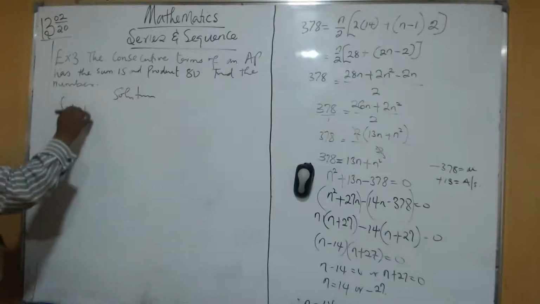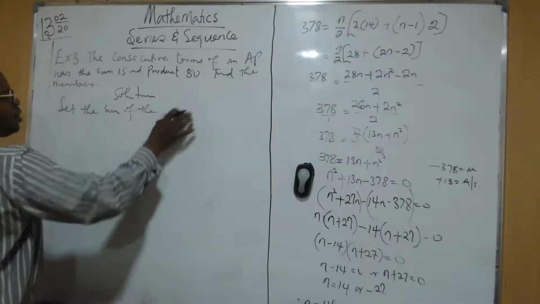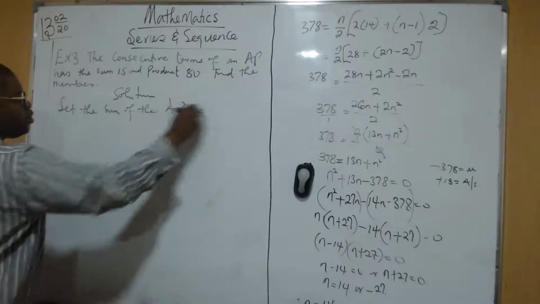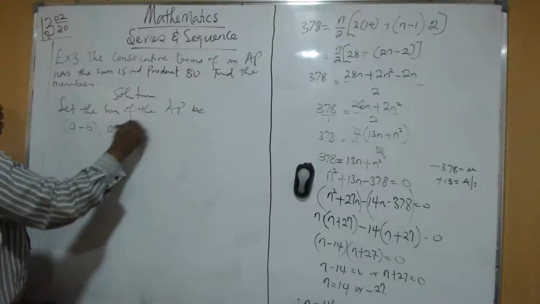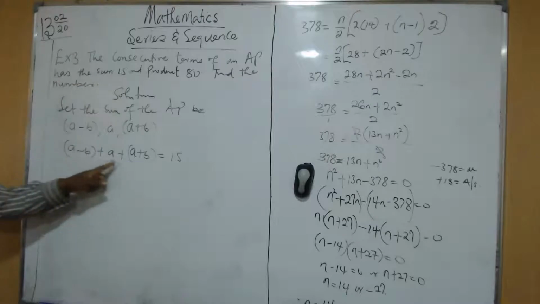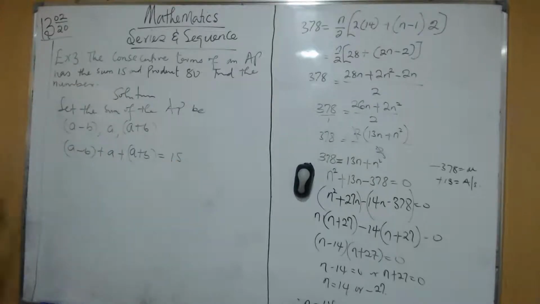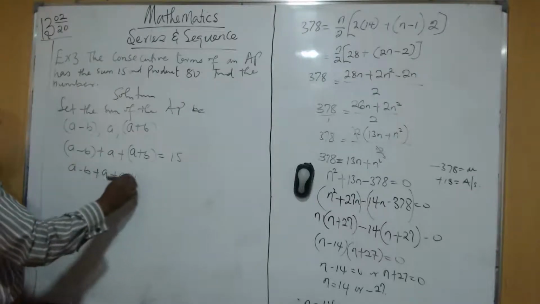We let the terms of the AP be a minus b, a, then a plus b. Now the question says 15. The consecutive terms of an AP have the sum 15. So the sum now is 15. Now open the bracket. We're going to have a minus b plus a plus a plus b equals